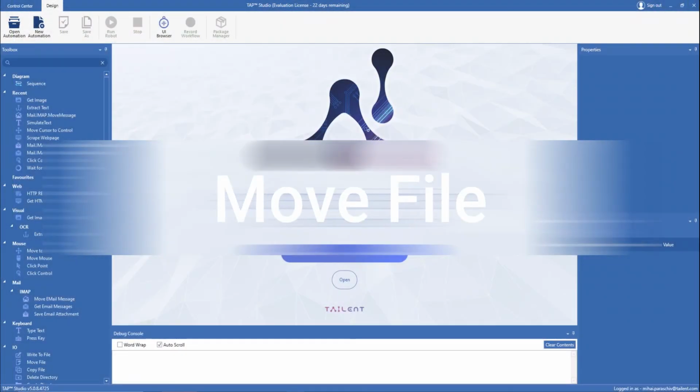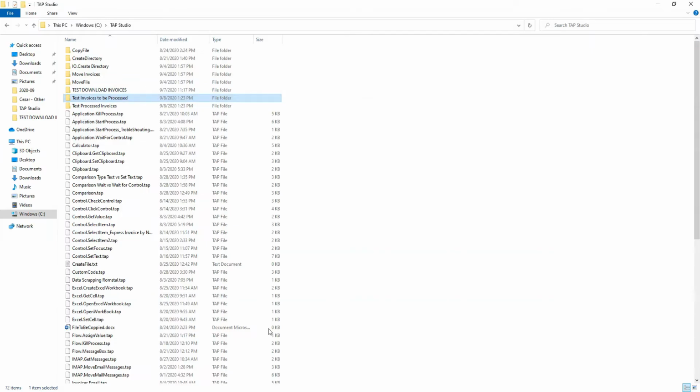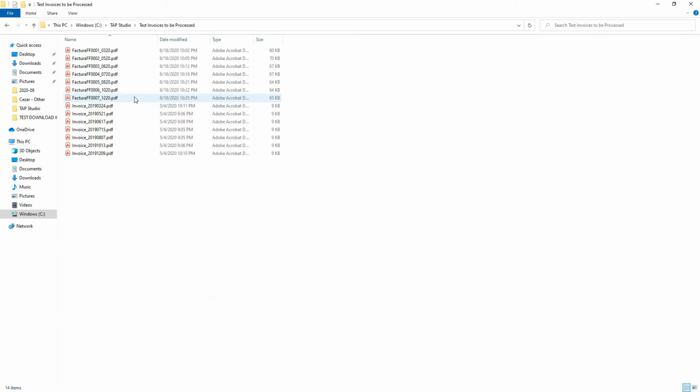Hello and welcome to today's video about how to use the IOActivity-move file in order to organize your invoices. In this example, the robot will access the folder, Test Invoices to be processed, where there are all the invoices to be processed. As you can see, some invoices have the issue date in format _MMDD and others in format